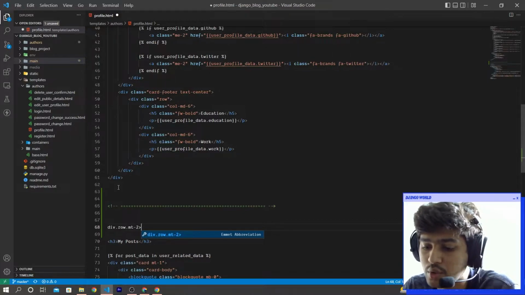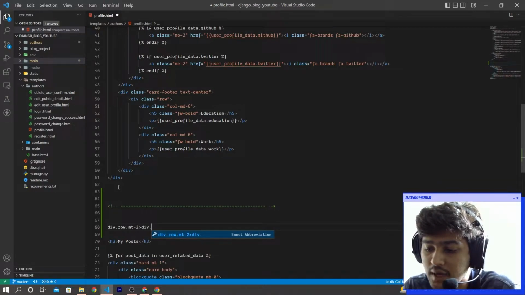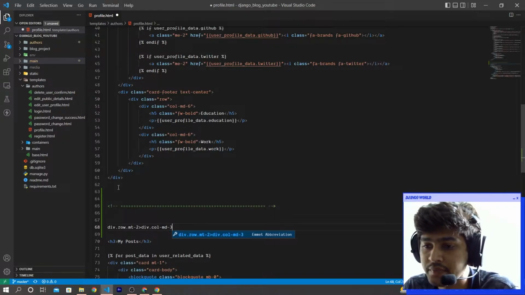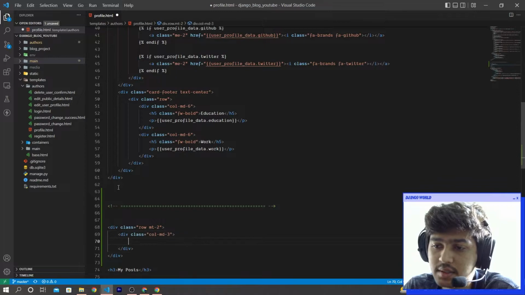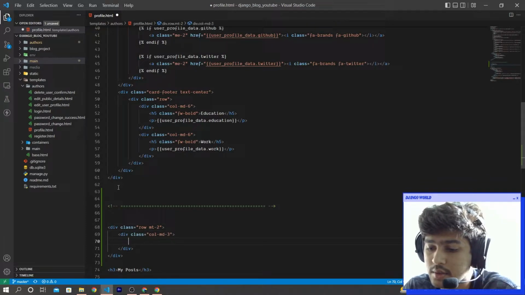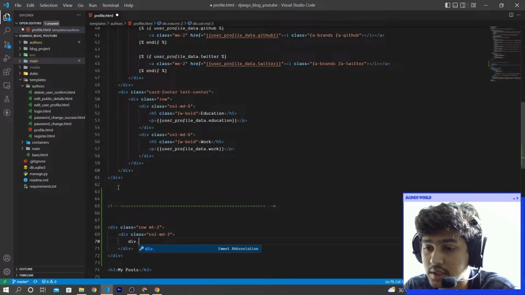Inside that I am going to create another div with the class col-md-3, and yeah, this is it. I will create two div tags. The first div tag will have a header, so I'll say div.card, inside which I will create div.card-header,